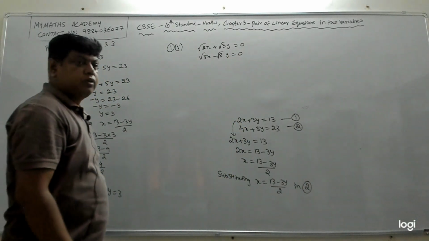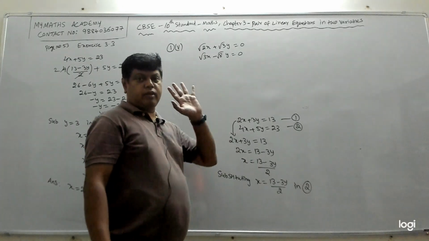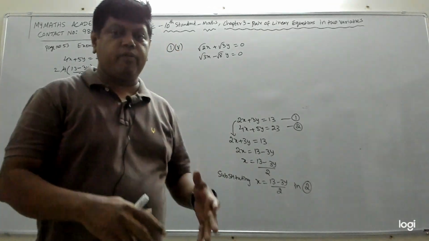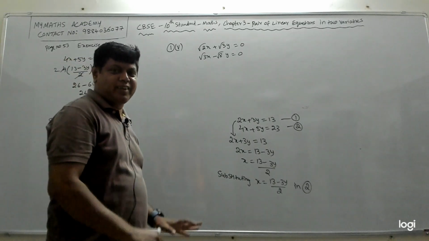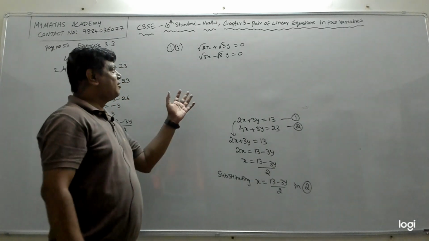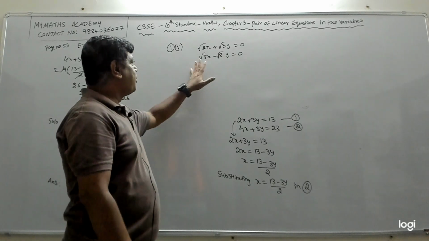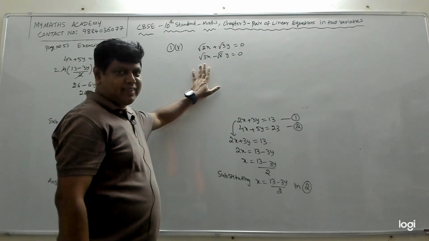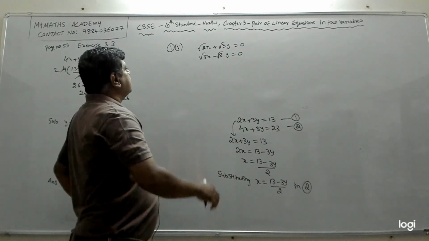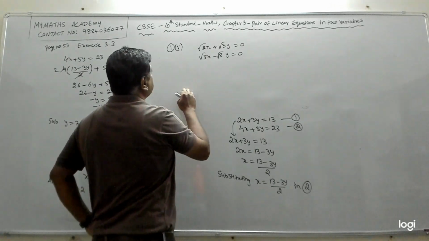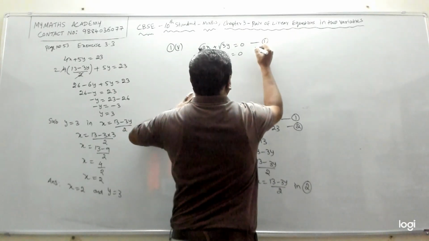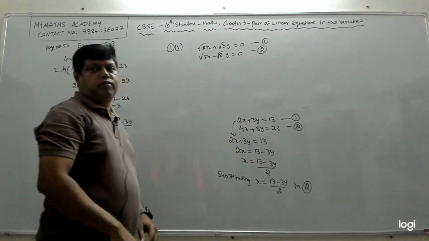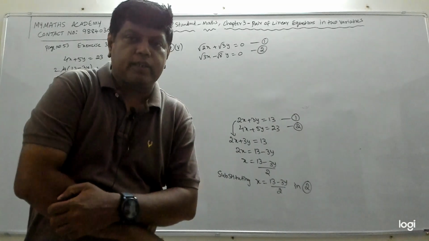Right? So very easy. Don't get scared. When we get square root, we get scared. Even I was scared when I was a small kid, but now I am not. We have done many problems with square root. So don't get scared. It's easy. So this is equation 1 and this is equation 2. We have to solve, find the value of x and y.